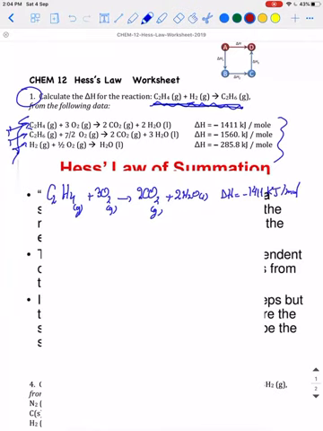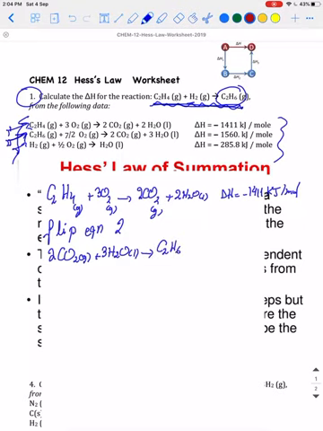Now C2, leave the hydrogen till the end. C2H6 is in the product side. From the data, we have C2H6 in the reactant side, so we will flip it. So we are going to flip equation number 2 such that products will be the reactants and the reactants will be the products. Why? Because I want C2H6 in the product side, plus 7/2 oxygen. Because I flipped it, simply the sign should be flipped, so instead of negative, it will be positive